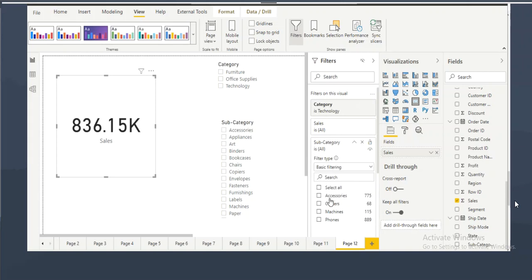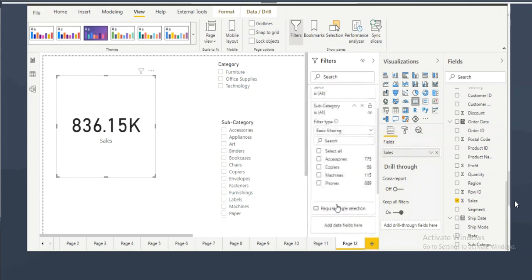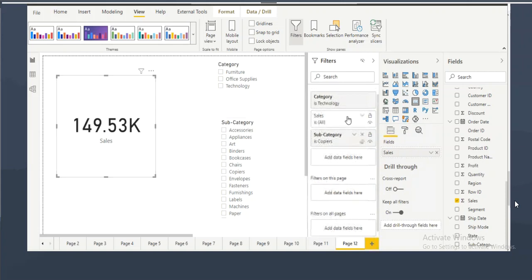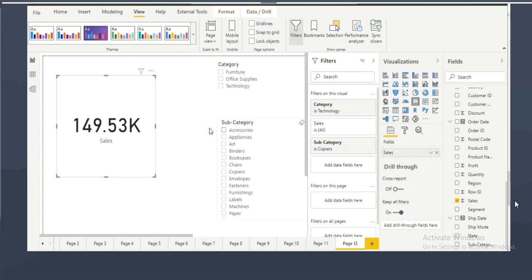This was what I was asking actually, not in the visual. Wherever it is, the functionality is the same, whether it is in the filters pane or in the slicer.